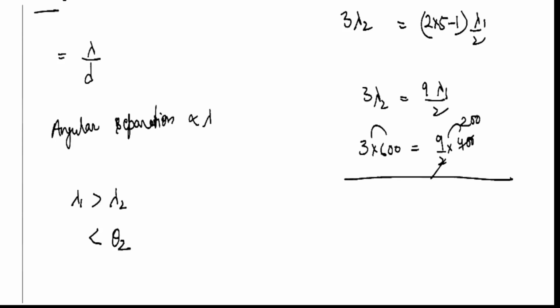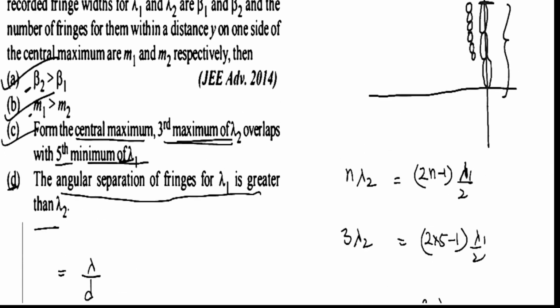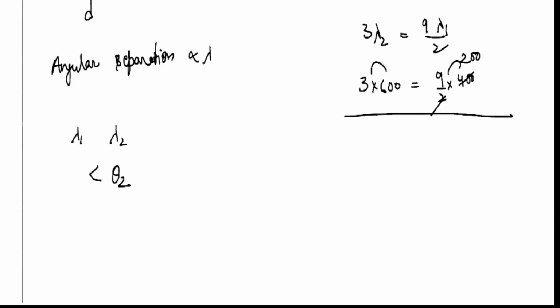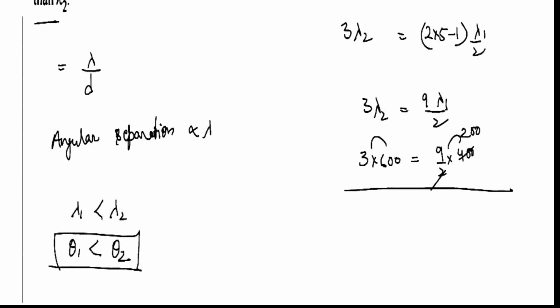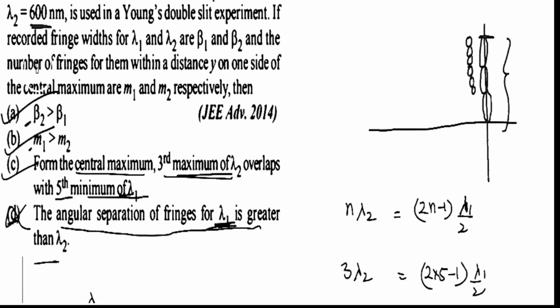लैम्डा 1 हमें दे रखा है 400 और लैम्डा 2 है 600, तो लैम्डा 2 ग्रेटर है, ठीक है, बड़ा है लैम्डा 1 से, तो ऑब्वियसली थीटा 2 बड़ा होना चाहिए थीटा 1 से, यानी कि सेकंड जो एंगुलर सेपरेशन है, वो लैम्डा 2 के लिए ज़्यादा होना चाहिए, लेकिन यहाँ लिखा हुआ है लैम्डा 1 के लिए ज़्यादा, तो डी ऑप्शन गलत है, तो हम बोलेंगे कि ए बी सी आर करेक्ट।